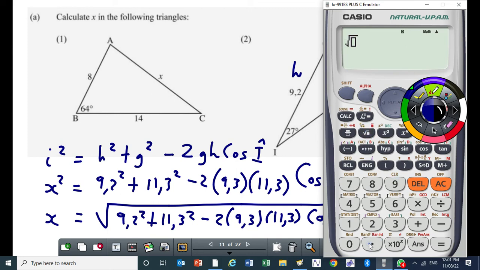So 9,2 squared plus 11,3. Please, just bear with me. Something is wrong with my laptop. Square minus 2 times 9,2 times